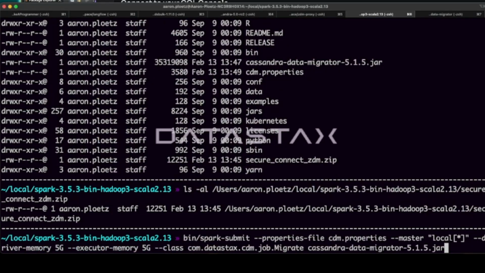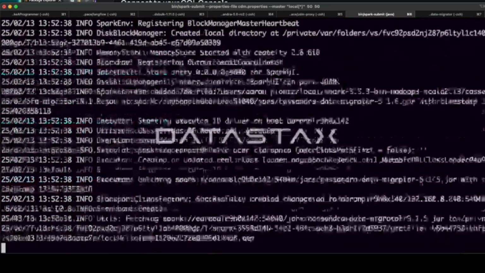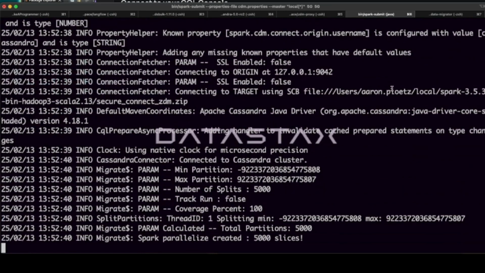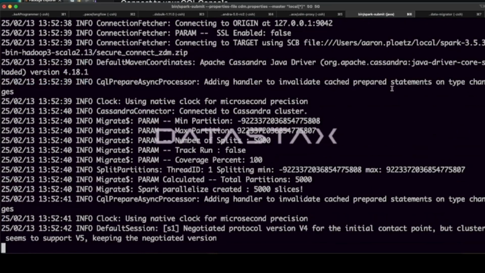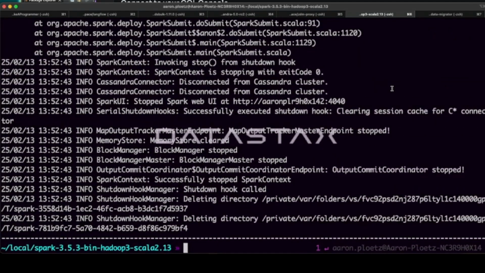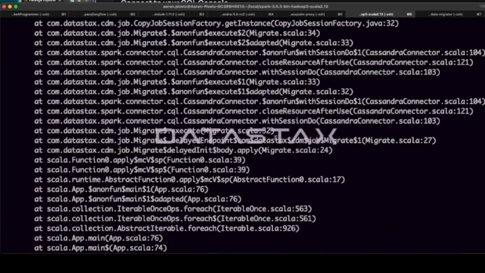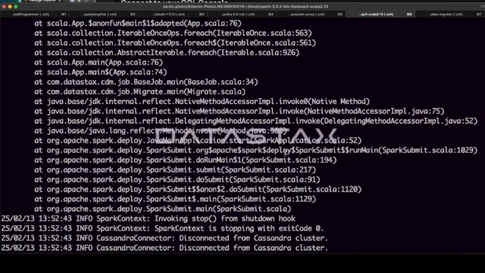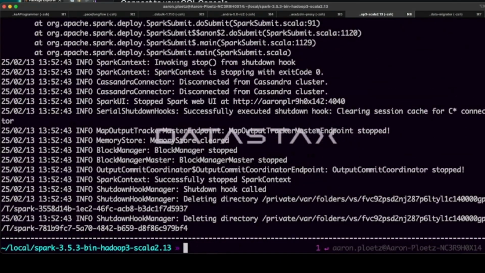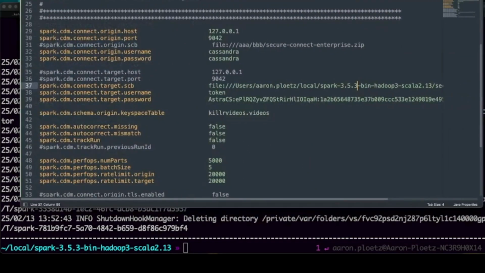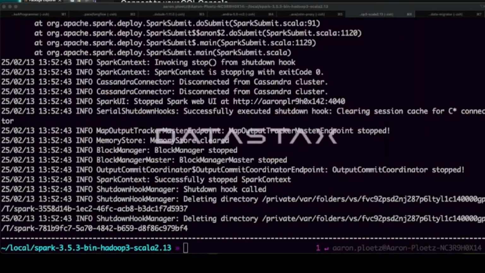And let's try rerunning this. Oh, didn't like something else now. Oh, keyspace is spelled incorrectly. Back to CDM properties. Killervideo is singular, videos is plural. Okay, let's save that and try that again.